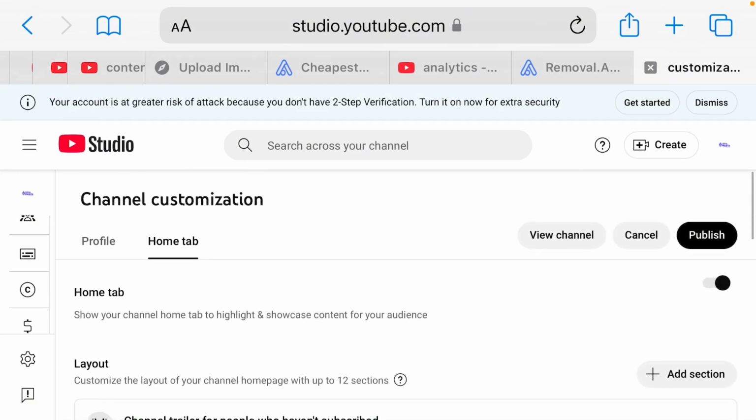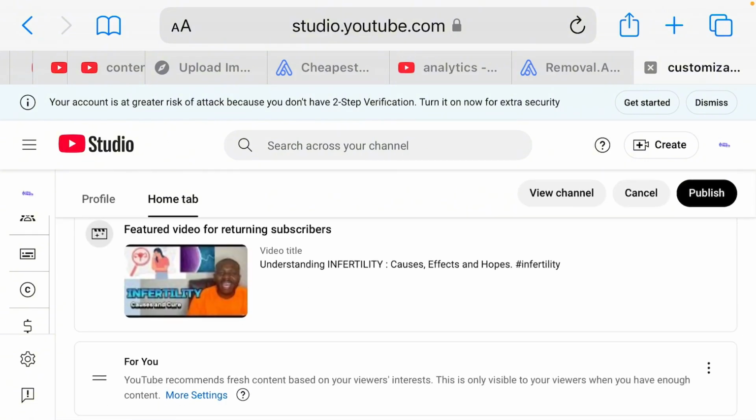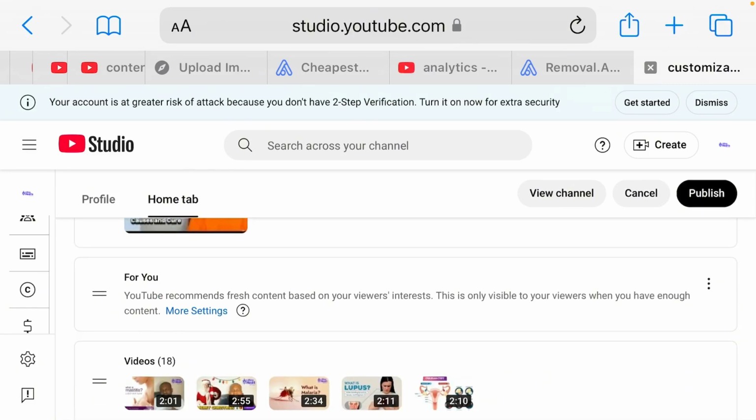So before we go further to more settings, the important setting that I told you guys earlier on that we need to go ahead and optimize is under this For You. You know, this For You, it's in the power of YouTube to pick the content as they like. So for this For You, you don't have control over it. Just make sure you enable it on your channel, that is on this setting. Now if you look down here under this For You, you see this More settings. There is a particular setting that we really need to go ahead and turn on immediately in order for it not to affect our video views. So when you click on this More settings,